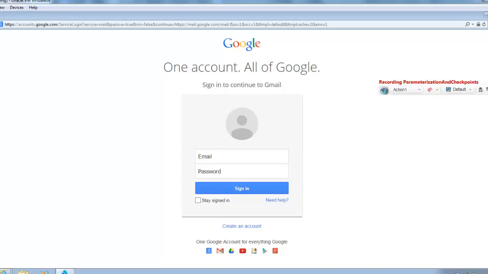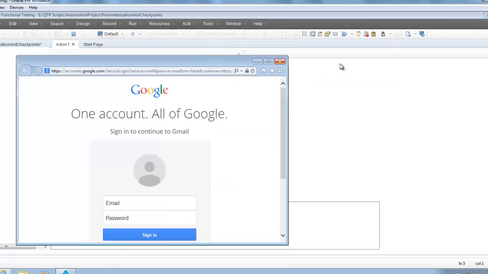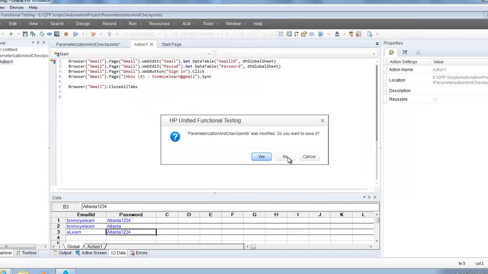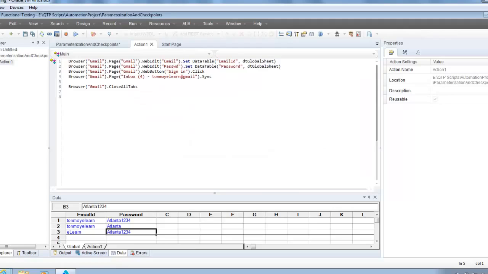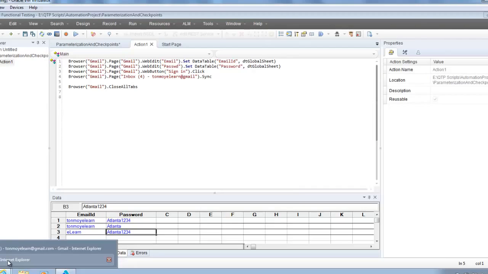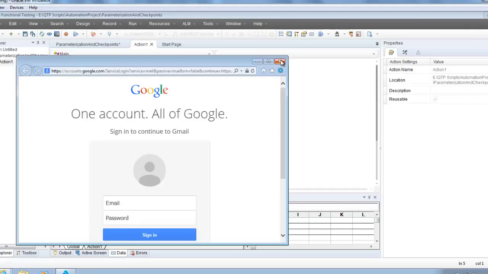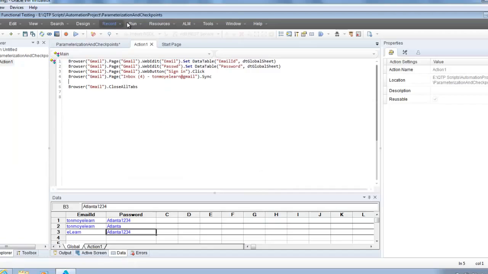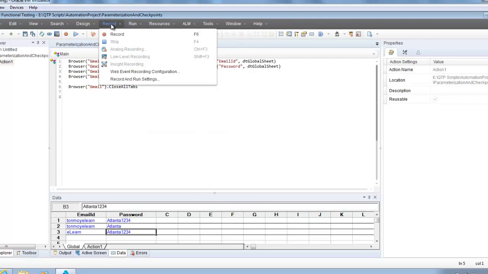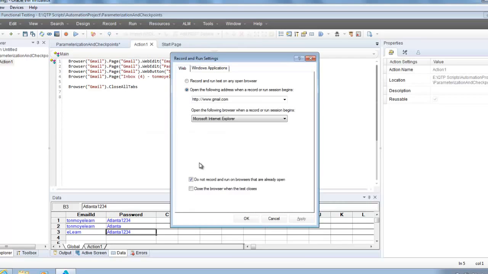Let me close it, and let's go to record and run settings, and see, do not record and run on browsers that are already open. So I want to take this one, check this one off, because if a browser is already open, I want to record on that one. Now I'll click again on record,